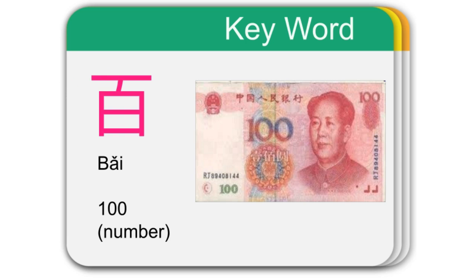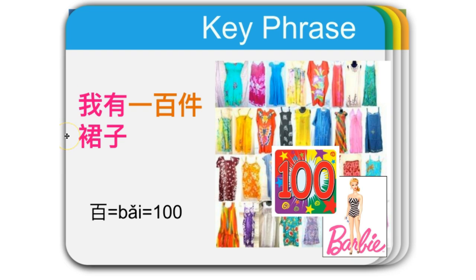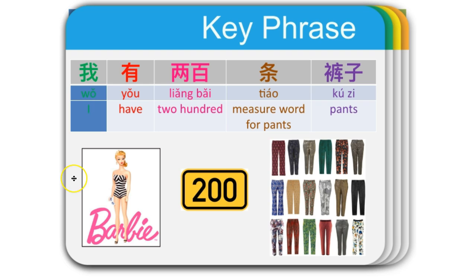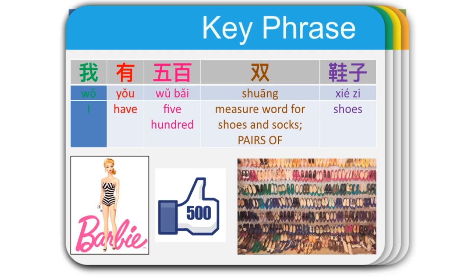So I can say, 我有100件裙子. I have 100 dresses. 我有200件衬衫. I have 200 shirts. 我有200条裤子. I have 200 pants. 我有500双鞋子. I have 500 shoes. If I want to say I have $100, I would say